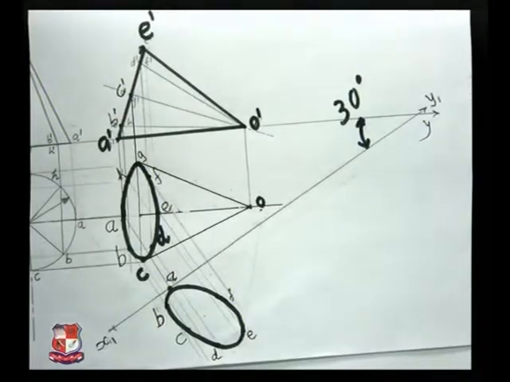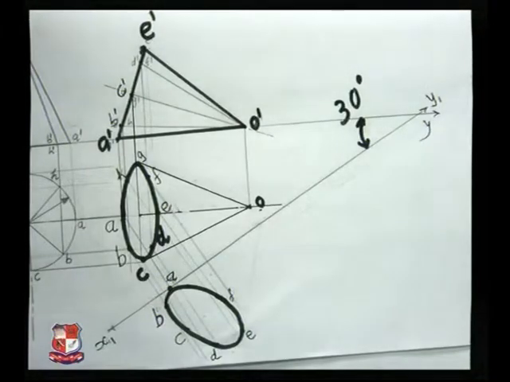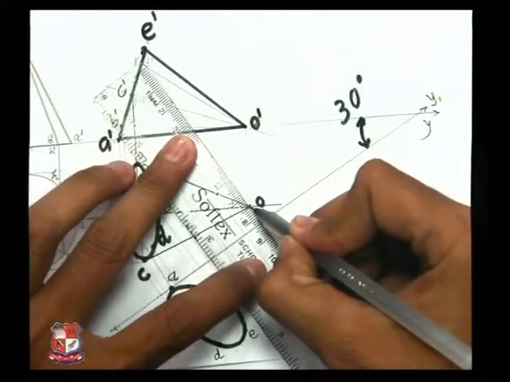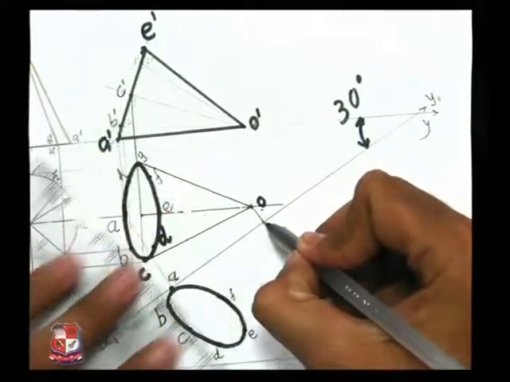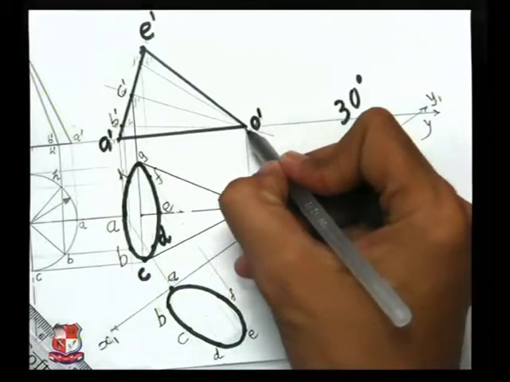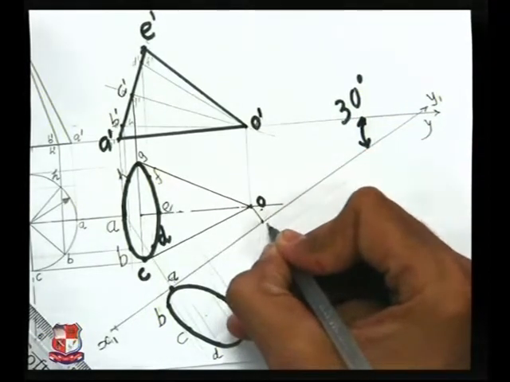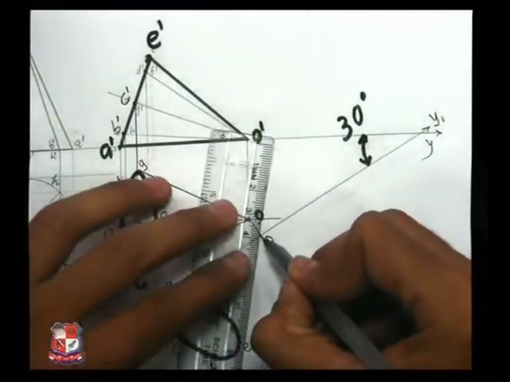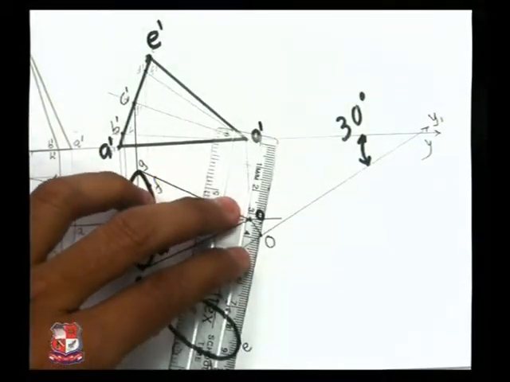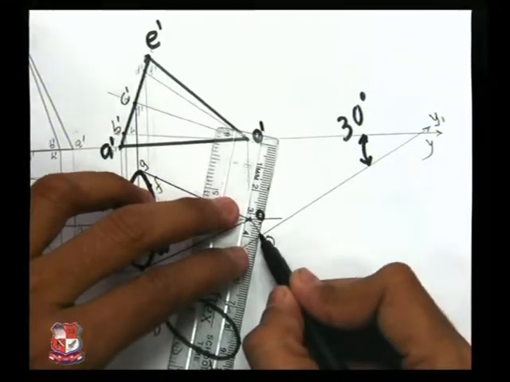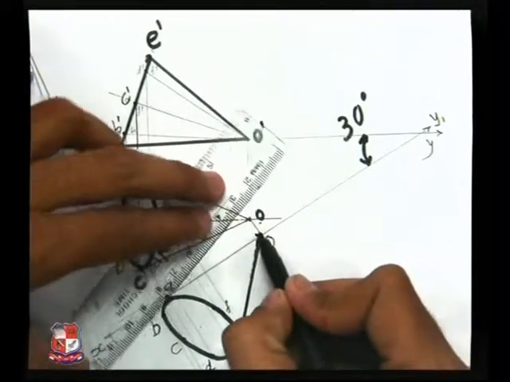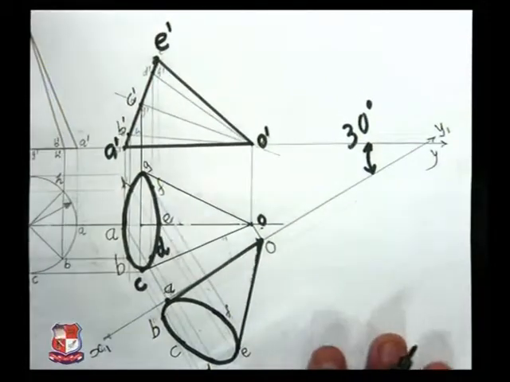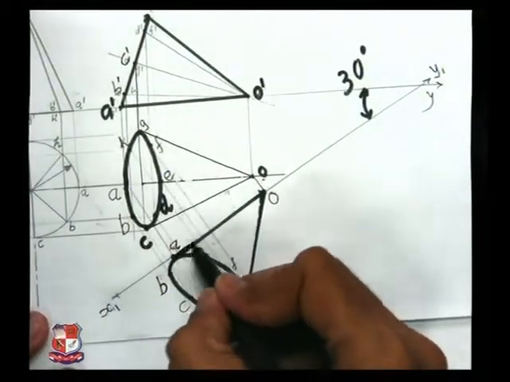Now identify the position of point O in this way. For that, from O, draw a line perpendicular to this reference line like this, and measure the distance. O dash is on XY line, so O point would be here on XY line also. Mention point O and join O to this ellipse such that it becomes tangent to the ellipse like this. Join O with the ellipse such that the generators become tangent to the ellipse which is drawn over here.